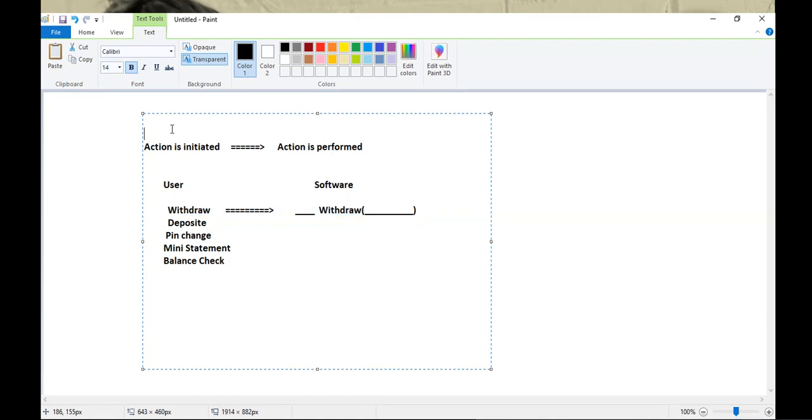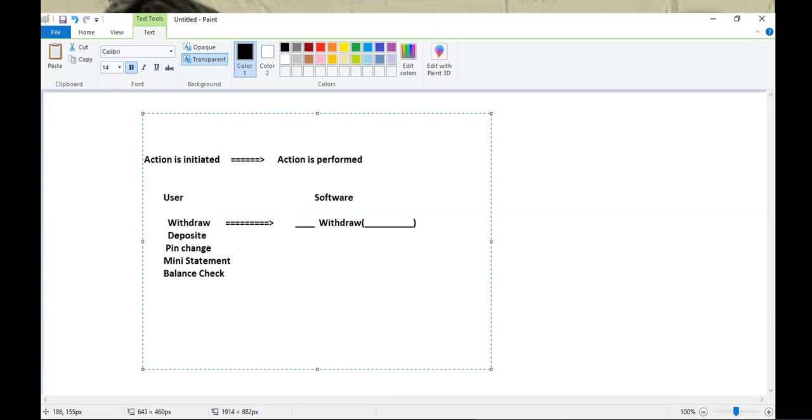Okay, so yes, what is the criteria for which delegates are used in event handling? How are delegates used in event handling? Delegates are acting as a bridge in between event raised and event handled. That's why delegates are called event handlers.